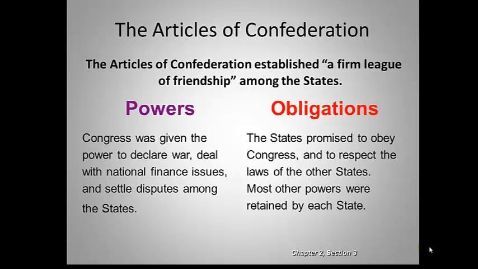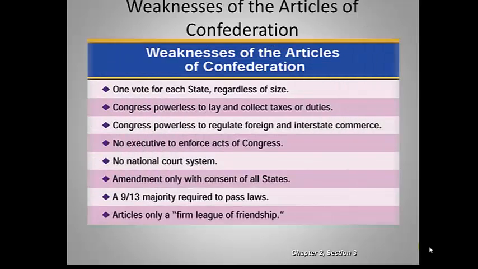All right, the Articles of Confederation were a weak alliance of independent states. I'm not going to be so hard on it to say it was a complete failure, because one thing it did is it won the war for us. Well, it didn't win the war for us, but at least it got us through the war, right? We were able to get Great Britain to sign the treaty in 1783, and it got us through that first 4 years. And then, of course, there was a recognition that there was a problem with it.